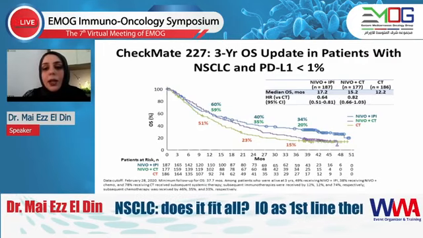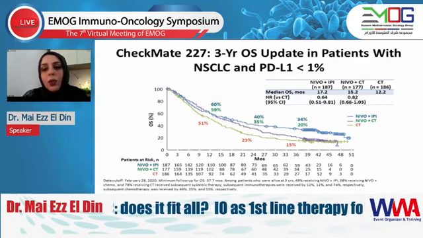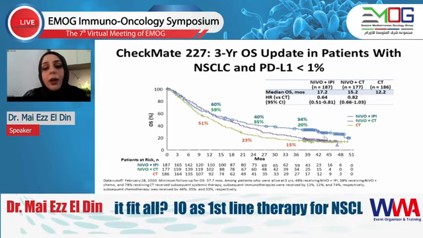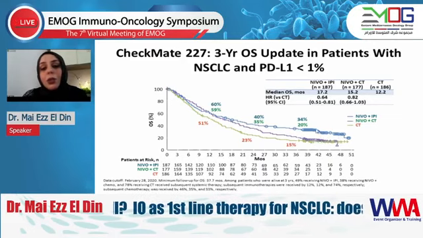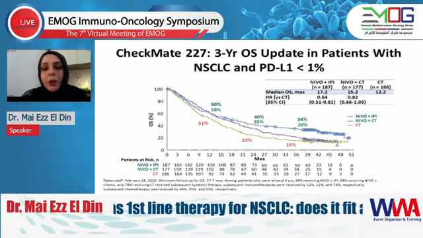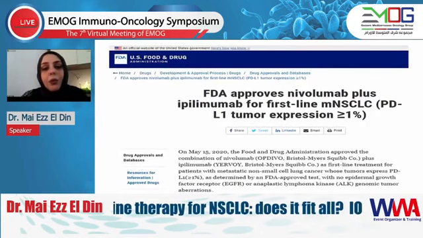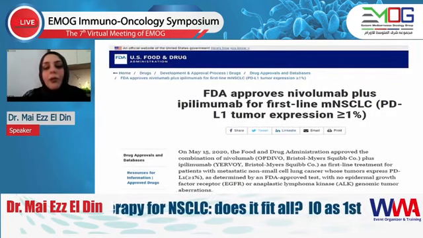As you can see here, the hazard ratio was a trend, but still the duet of IO-IO is, I guess, a good regimen you could consider if your patient has any sort of contraindication to receiving chemotherapy. And hence the FDA approved nivolumab and ipilimumab for patients who have PD-L1 expression